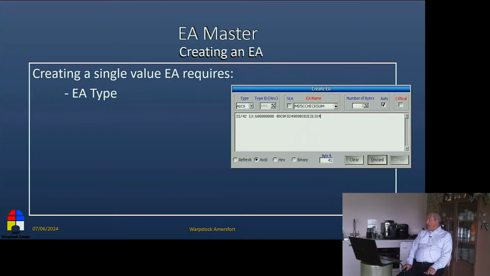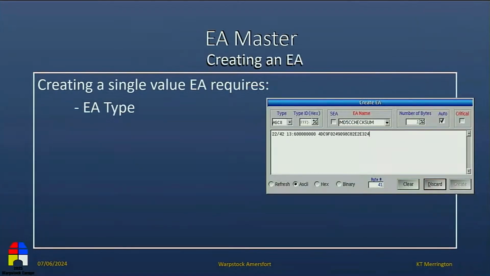Creating a single EA is fairly simple. You have to define the EA type. There are various EA types. In this case, which you can't probably see, we selected the ASCII type EA. You have to give it a name, which you can't see here either.